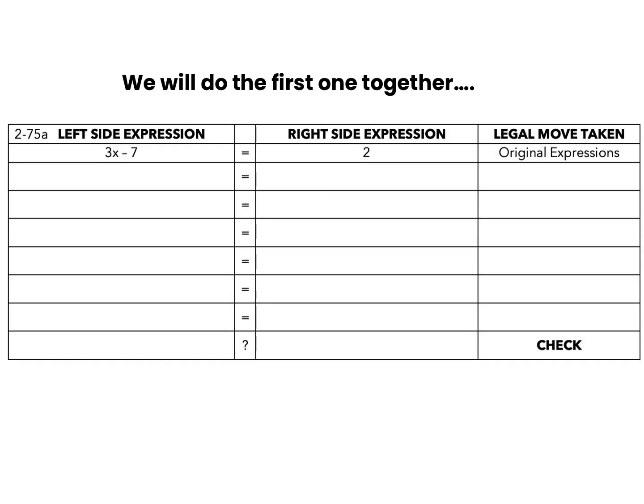So we have 3x minus 7, and that is equal to 2. And the deal with that is it's the original expression. So what we want to do is remove the 7s so that we can have just the x's on the other side. So our move is going to be a balanced move. We're going to be removing